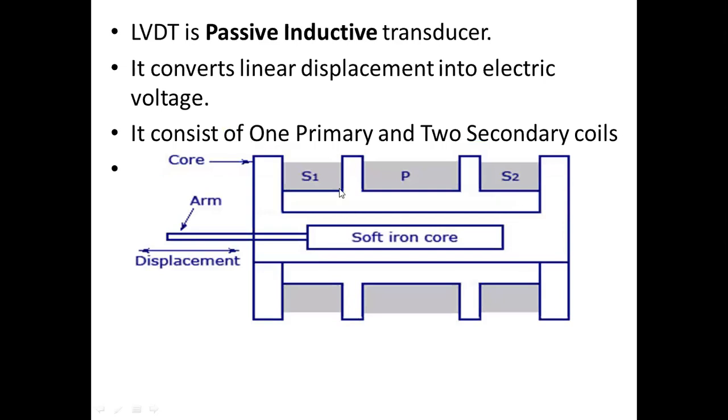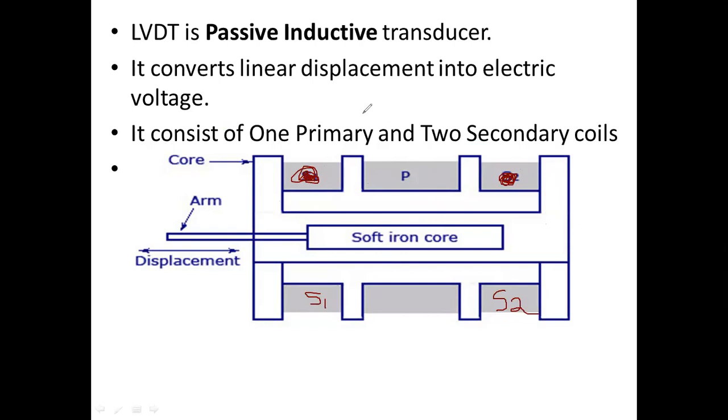So this is the structure of the transformer, actually not a single phase transformer, a differential transformer, or LVDT. We are going to call that one here. This is called LVDT. Actually, here the S1 will come, here the S2 will come. The diagram they have written like that only. No problem. This complete both sides they are considering here now. This is S1, this is S2, and the middle one is P.